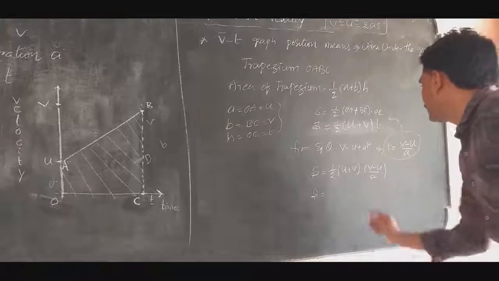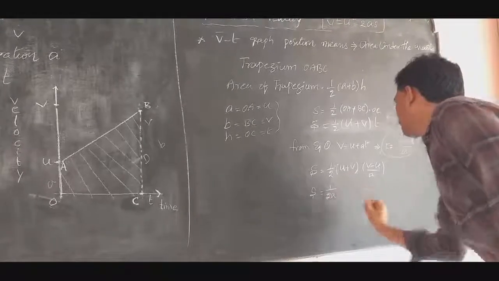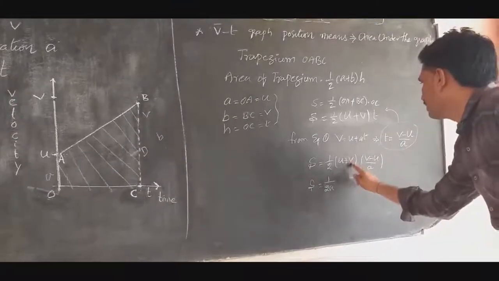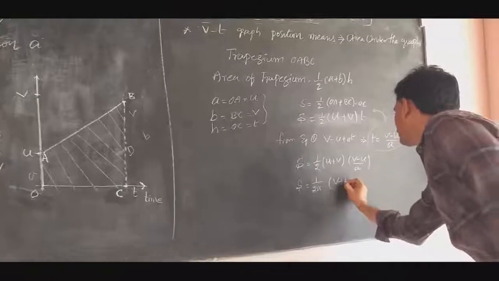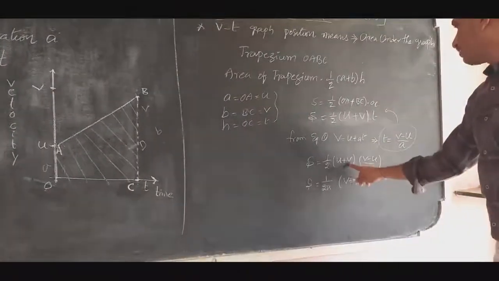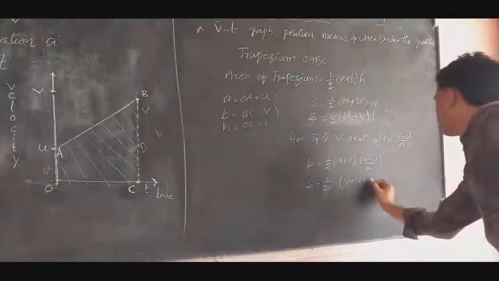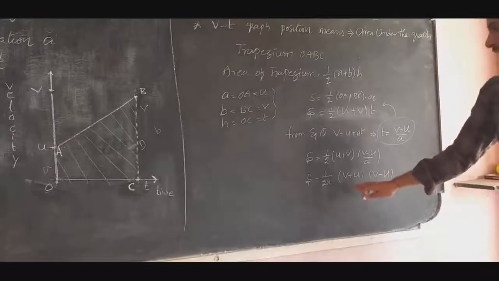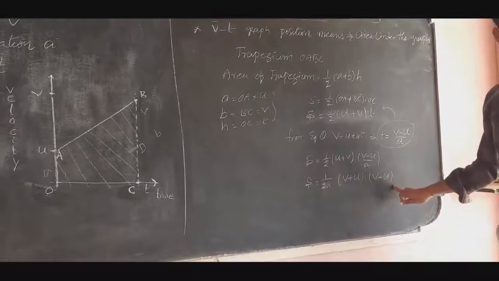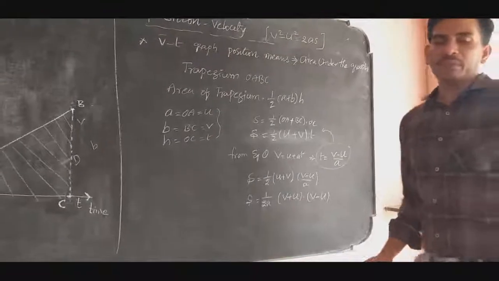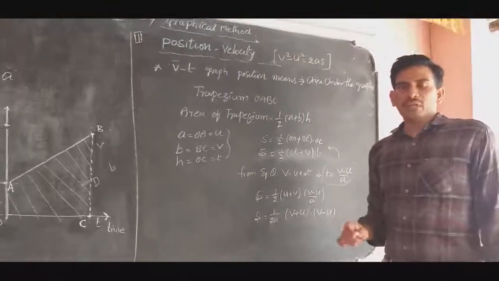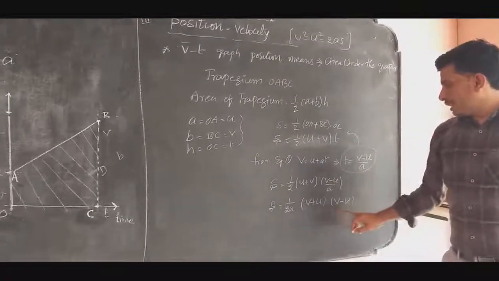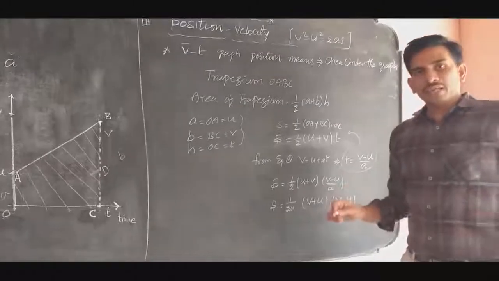Have a look once. Can I rewrite like this? S is equal to 1 by 2A. For my convenience, I am going to write this as V plus U. Can I write like this or not? Either it may be U plus V or V plus U. No problem. Into V minus U. Isn't it like the formula A plus B into A minus B? Yes, it's the formula A plus B into A minus B. Then what is the formula for it? A plus B into A minus B equals A square minus B square. And here you can write V plus U into V minus U as V square minus U square.